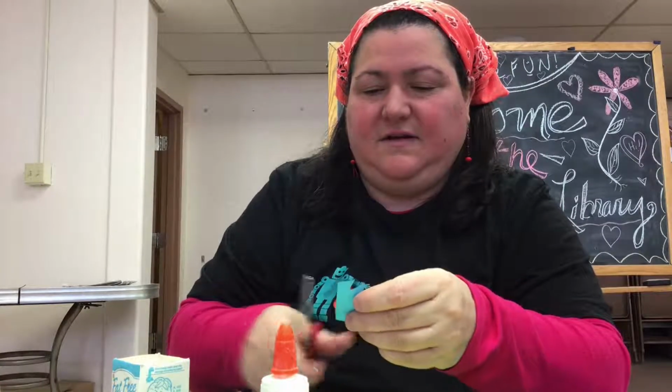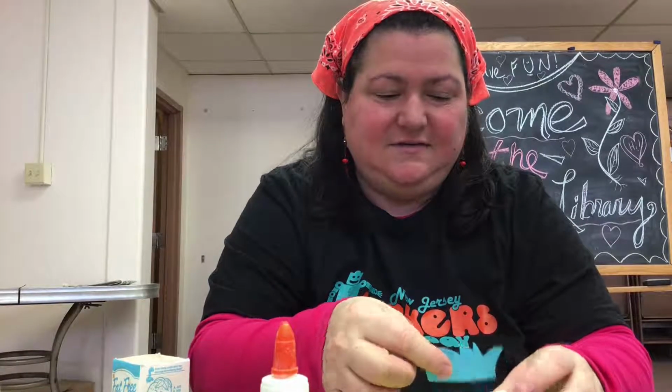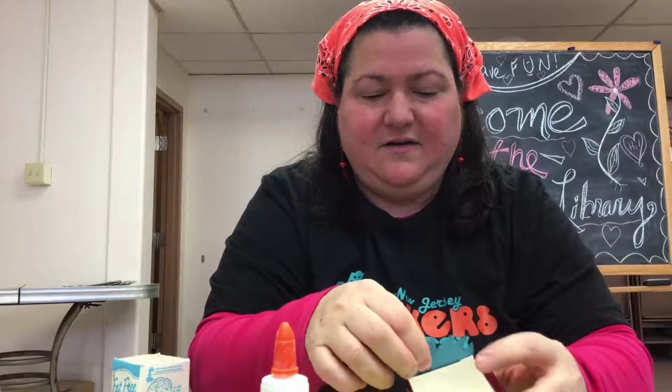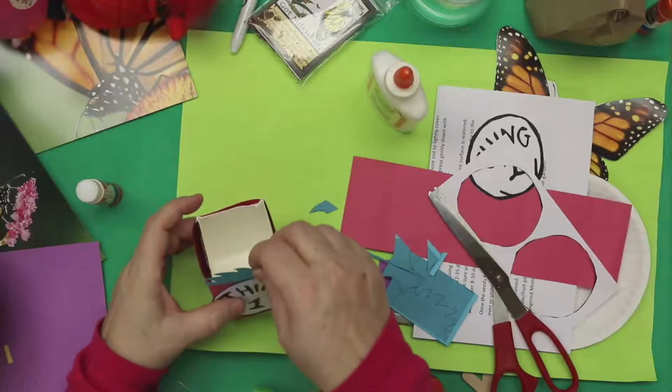All right, let me cut that up. So, you see, look at that. Look at that cool hair. Doesn't that look just like thing 1 or thing 2? And what you can do is you can slip it right in here. I am going to put a little bit of glue on the bottom, and you can slip it right in there so it looks like